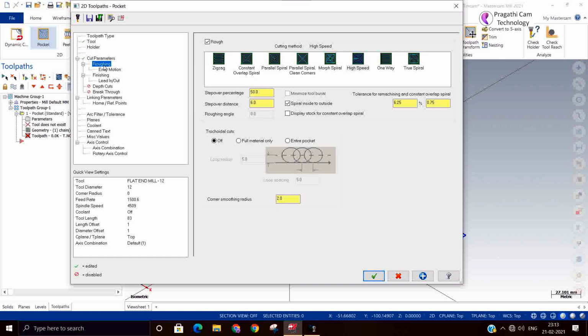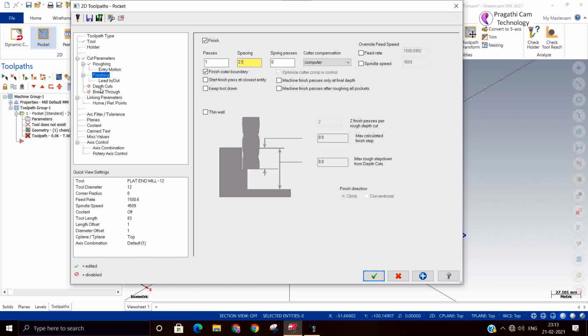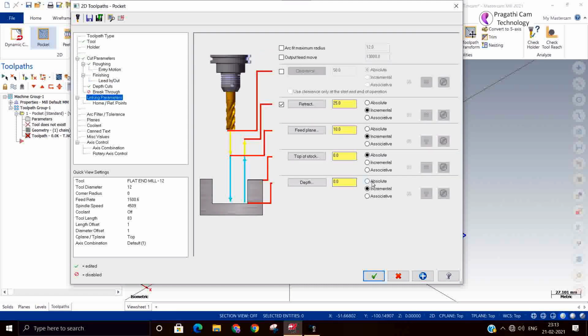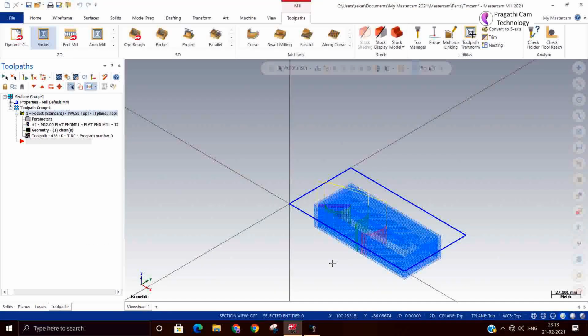I took the standard roughing method, helical entry. Depth of cut I will say 1 mm. In the linking parameters, absolute, I will keep everything minus 30. Okay. So now toolpath is generated.